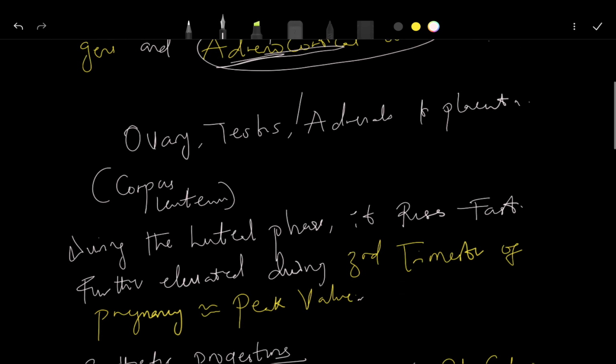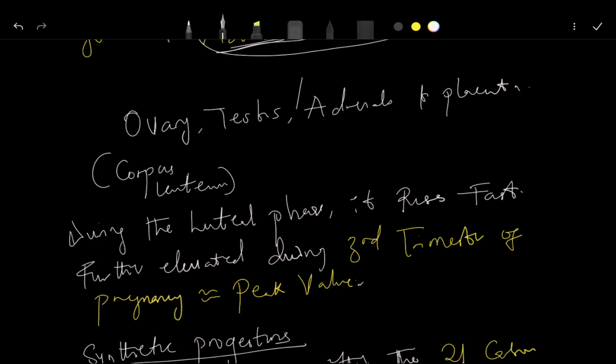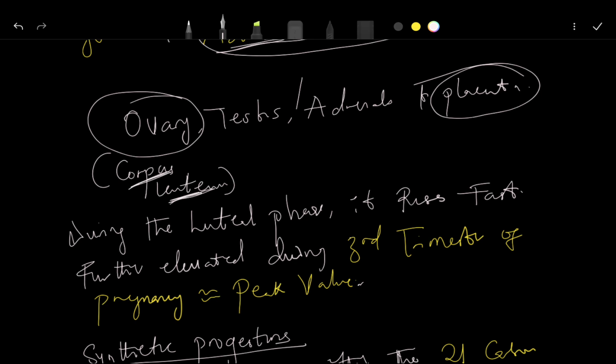Okay, so now where is this progesterone synthesized? Progesterone is synthesized mainly in the ovary and during pregnancy in the placenta. In the ovary, the particular place where it is synthesized is your corpus luteum during the luteal phase of the menstrual cycle. Okay, during the luteal phase, that's when it is being synthesized. In short, the amount of progesterone in a female and that in a male, they are almost the same thing. It's just a small difference during the follicular phase. The menstrual cycle has follicular phase and also luteal phase.